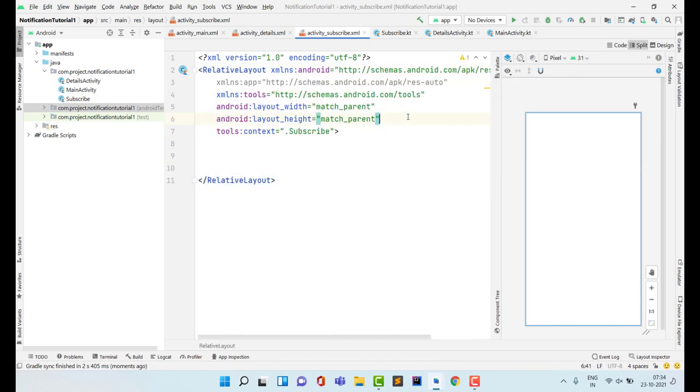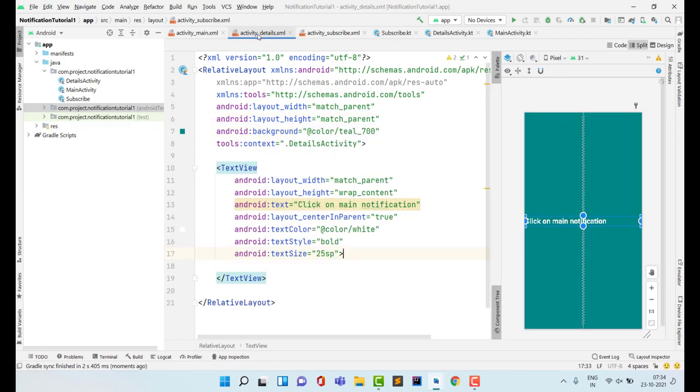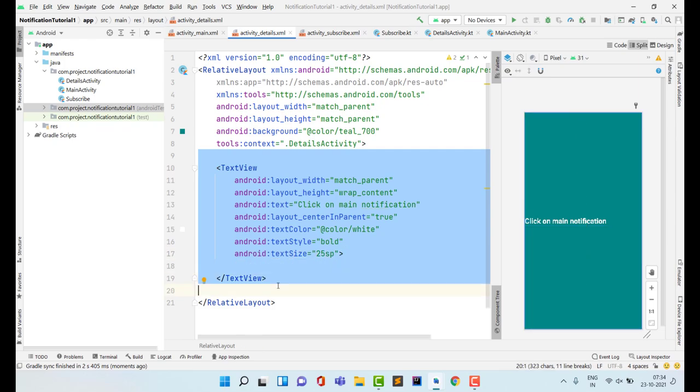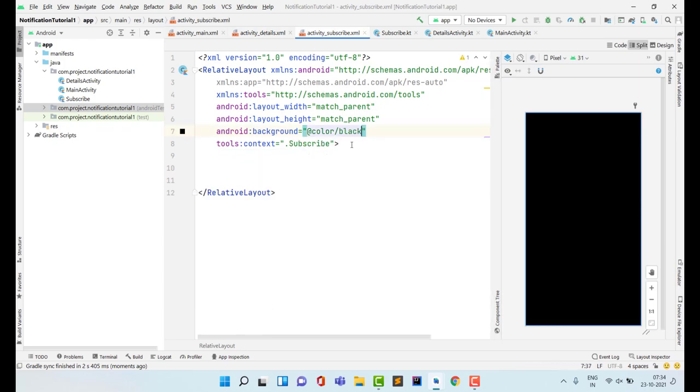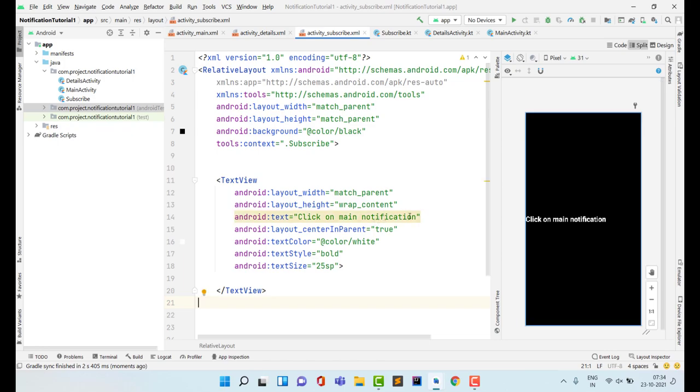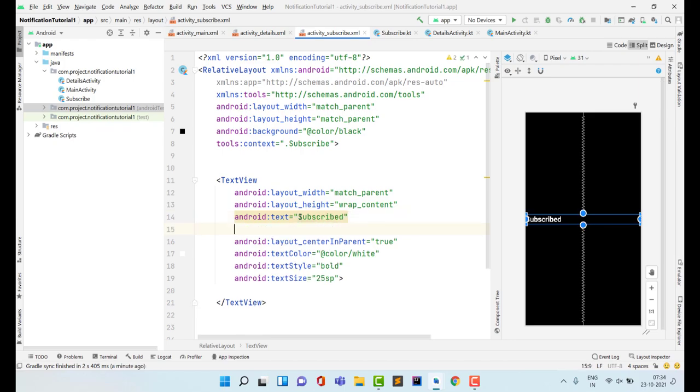Now I make a background here, background black. Then I need our text here, so copy this text, Ctrl C, and paste the text here, and I simply give the text, subscribed, and gravity center. That's it. So both activities are created successfully, and now we are ready to write the main code of our application,